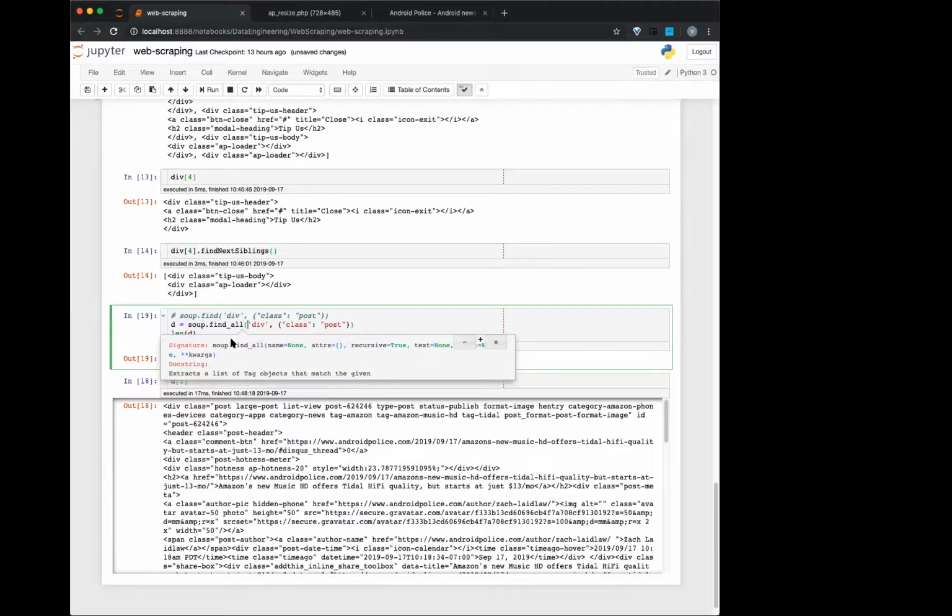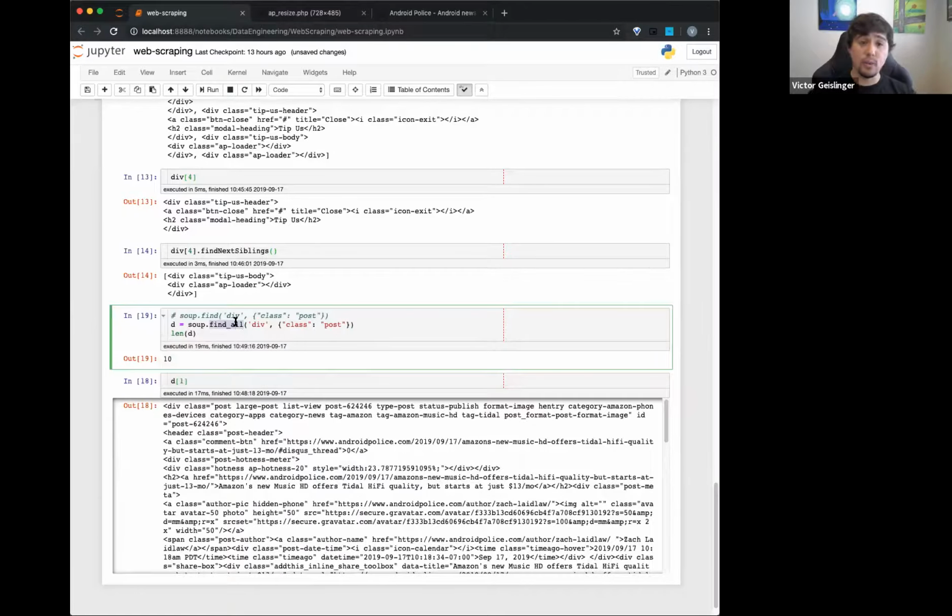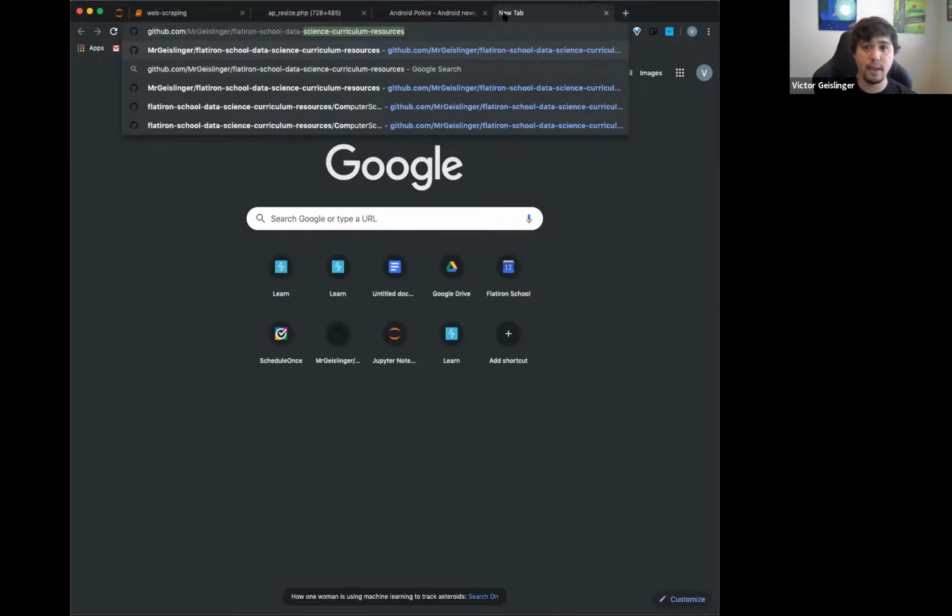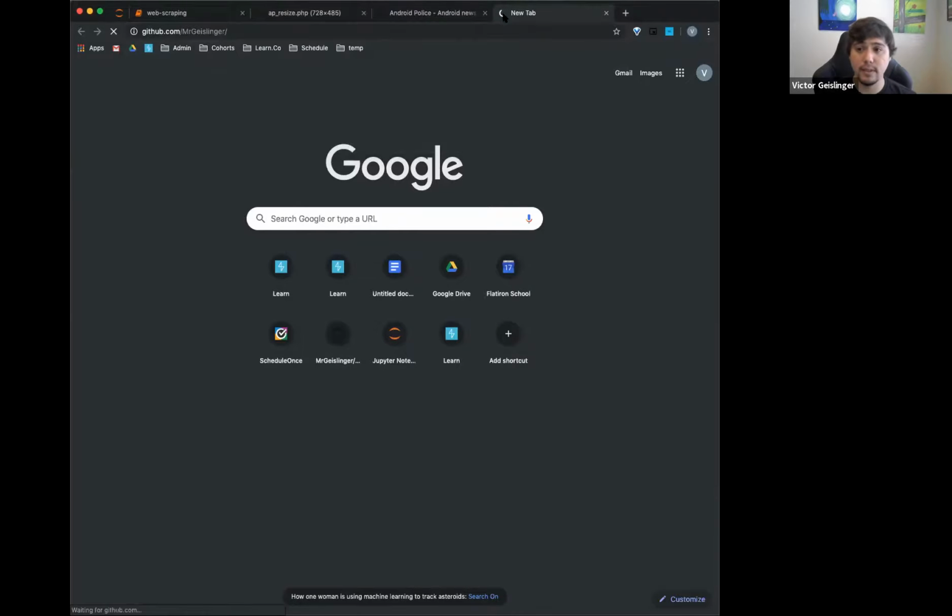Okay, cool. All right, and note that there's a whole bunch of things that we can do with this. So one thing to note if you're doing real web scraping across many web pages is you probably want to be careful not to bog down their website. If they're a modern website, you probably aren't going to bog it down, but there are cases where you can accidentally. And also finding information and pulling it through everything. I'm going to show you one of my things I've done in the past,